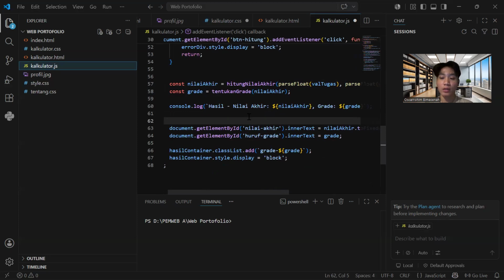This function uses cascading if and else if logic. It checks if the score is greater than or equal to 18 for A, 17 for B, and so on. Finally, for the DOM manipulation, the script updates the inner text